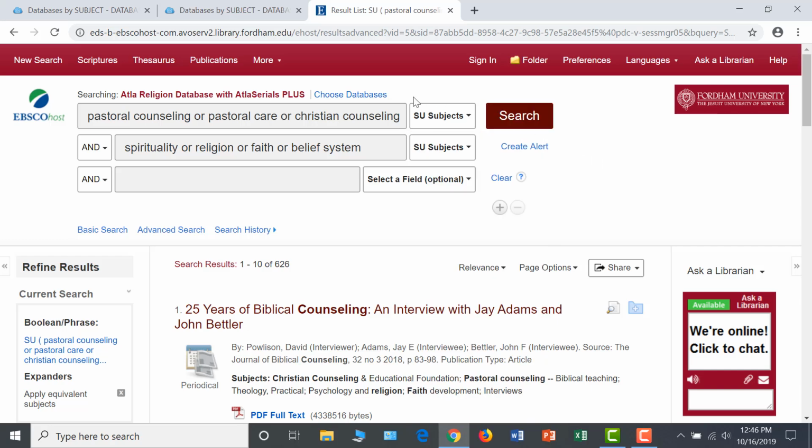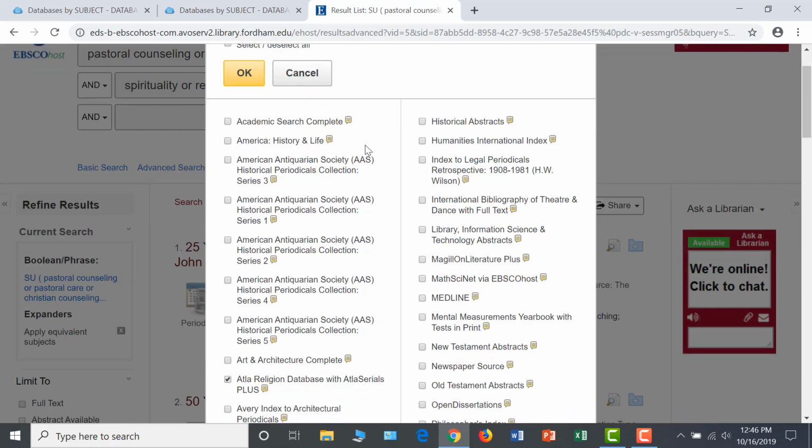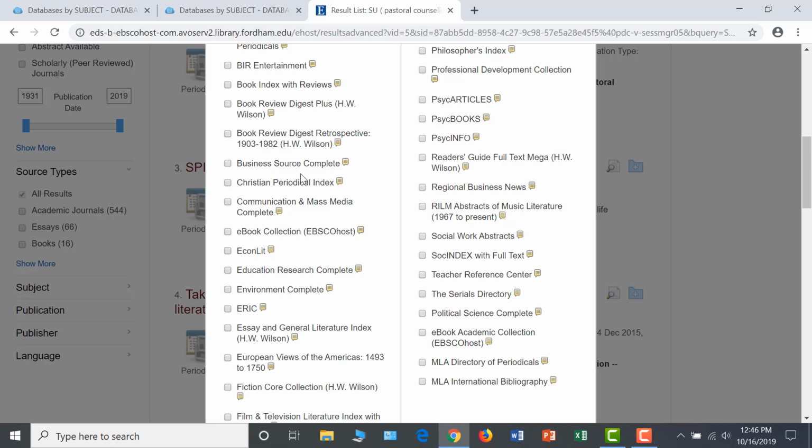At this point, you may wish to add databases to the search effort to increase the number of results. Click Choose Databases above the search boxes to bring up EBSCOhost's complete database listing. You're free to select as many additional databases from this list as you think may be helpful. I suggest selecting the first database in the listing, Academic Search Complete, as its full text subject coverage is so